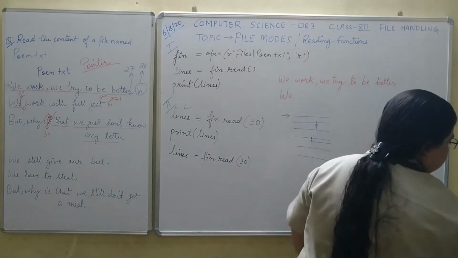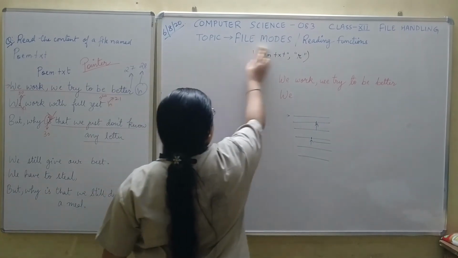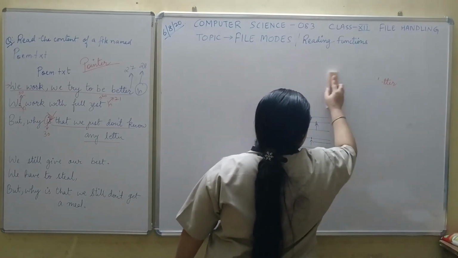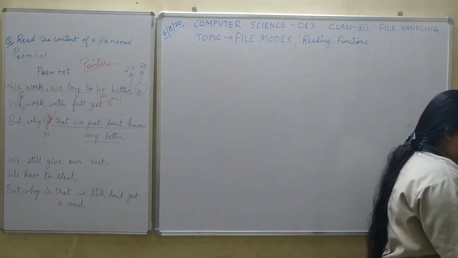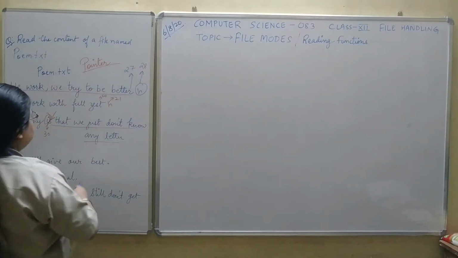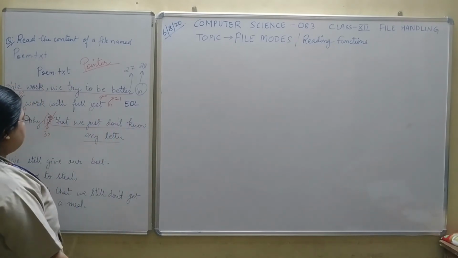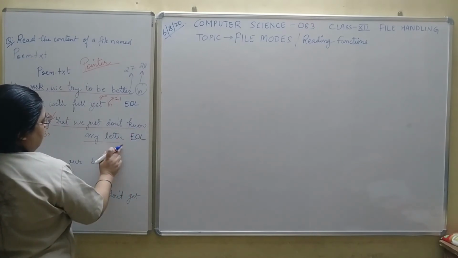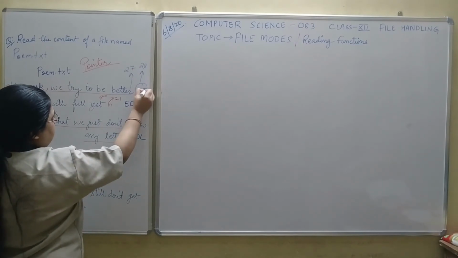Now let us see the other function, the read line function. The read line function will read one line at a time. How do we know that it is going to read lines? That is because we are currently working with text files, and in text files every line has an end of line character, an EOL character, at the end. Because there wasn't space here, I continued this line over here. Here also we have an EOL character.